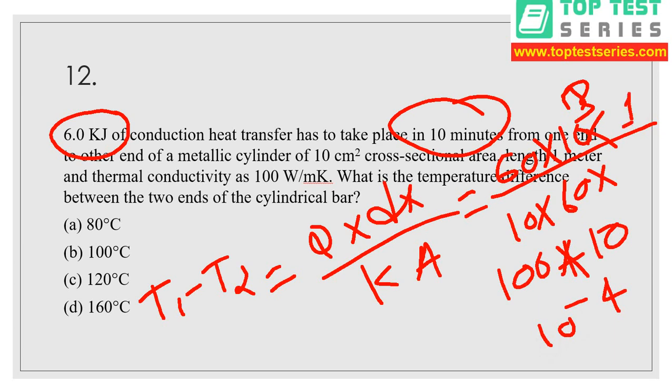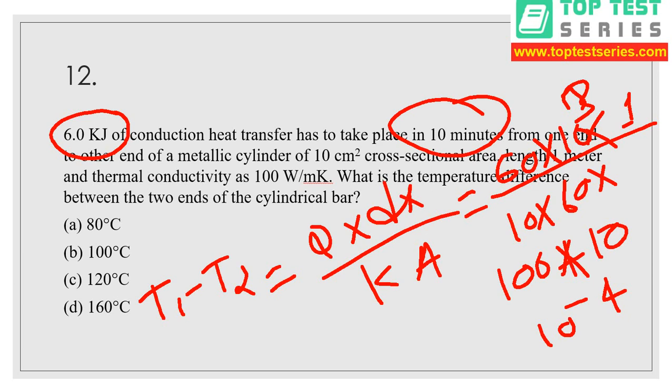Okay, now my dear we have to solve it and tell the answer. That should be in degree centigrade. So 60 multiplied by 10 to the power 3 multiplied by 1, that's okay. Division 60 multiplied by 10 multiplied by 1000 multiplied by 10 to the power minus 4. So what we are getting, my dear, if we solve it, we are getting 60 multiplied by 10 multiplied by 1000 multiplied by 10 to the power minus 4. I think we are missing something.